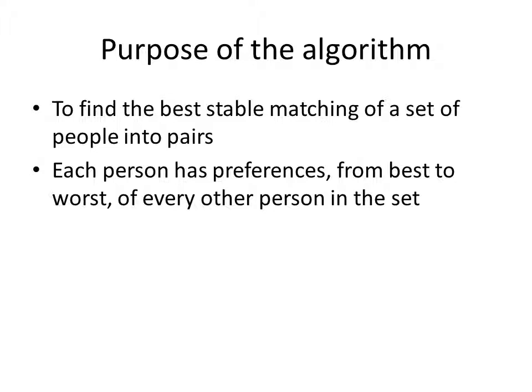What do I mean by best possible combination? Well, I actually mean stability. Stability is fairly simple to explain by explaining what isn't stable. An unstable combination example is if you took two people who were not in a pair, but would actually both prefer to be in a pair together than in their current pairs. That is unstable. This algorithm finds the best stable pairings, or it explains that there are no suitable stable pairings